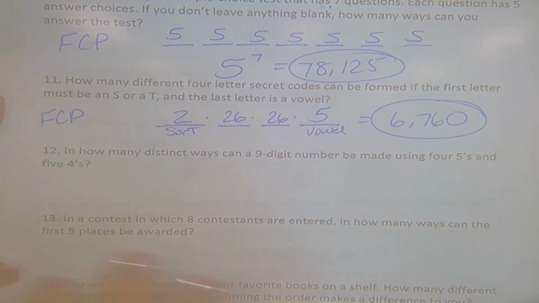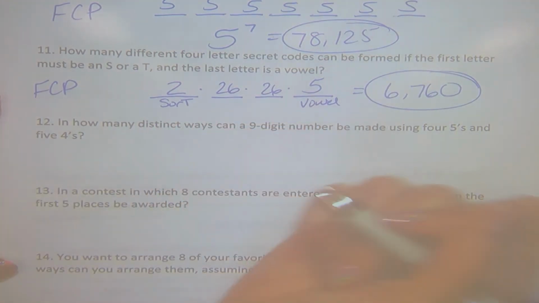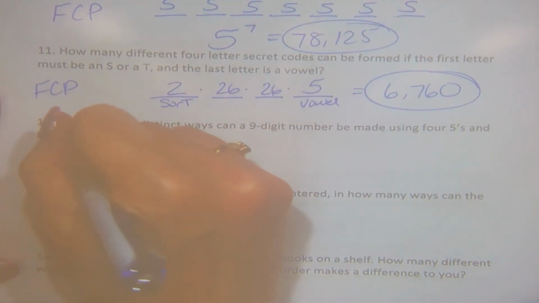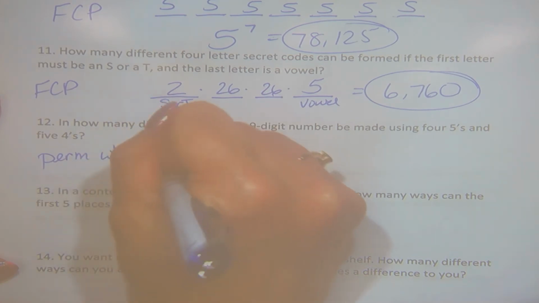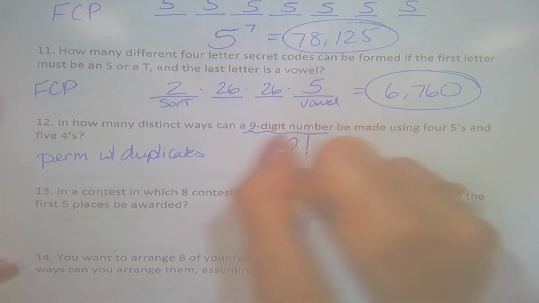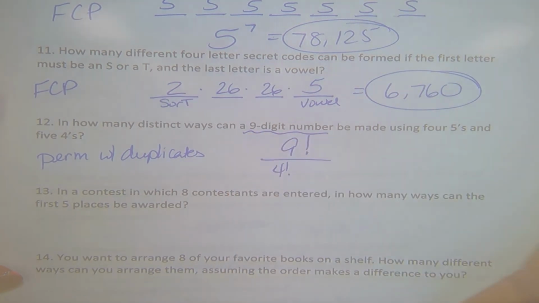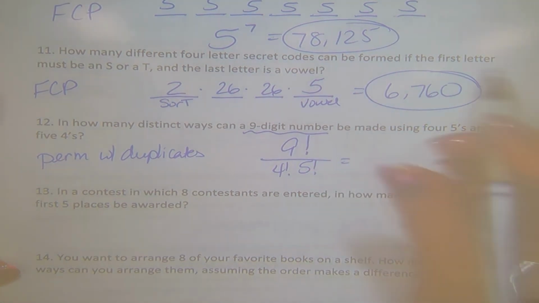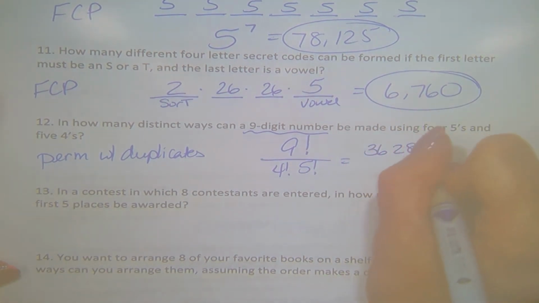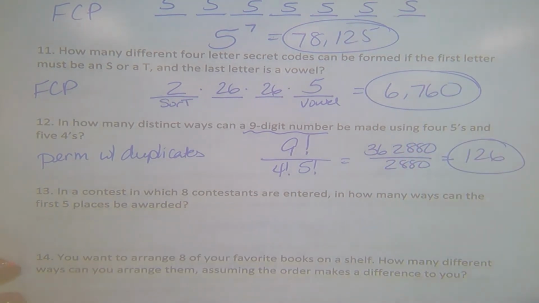And how many distinct ways can a 9-digit number be made using 4 5s and 5 4s? That's a little bit confusing on the wording, but what I'm looking at is a permutation with duplicates. I've got a 9-digit number, so that's a total of 9 that I'm arranging. I've got 4 of these, and I've got 5 of those. So that's the repetitions I'm dividing out. However you want to calculate that, using your calculator probably, but you could simplify first to practice. You should get down to 126 different